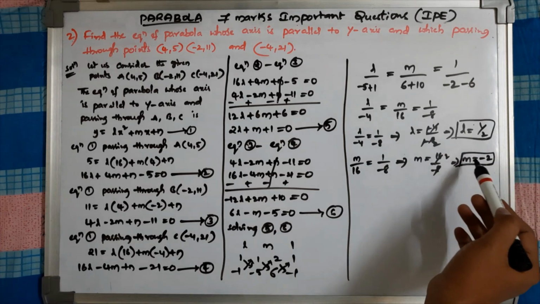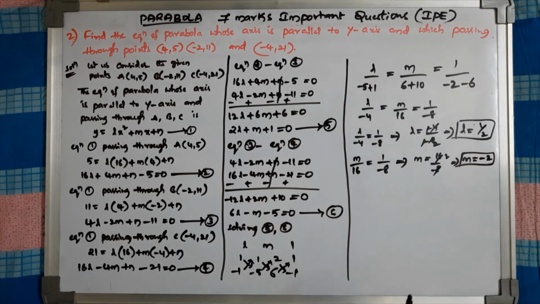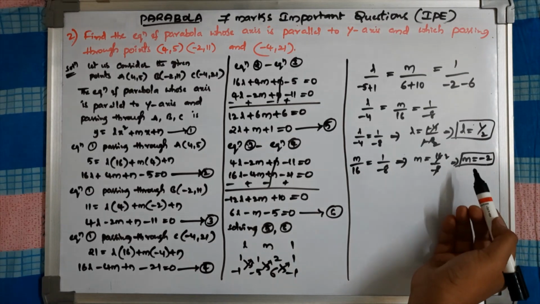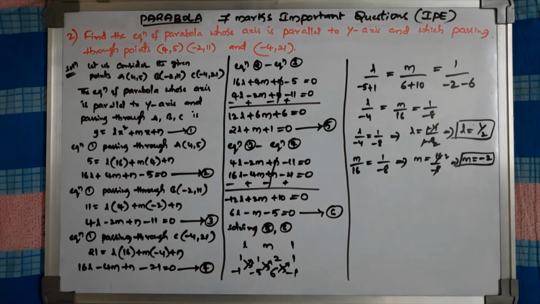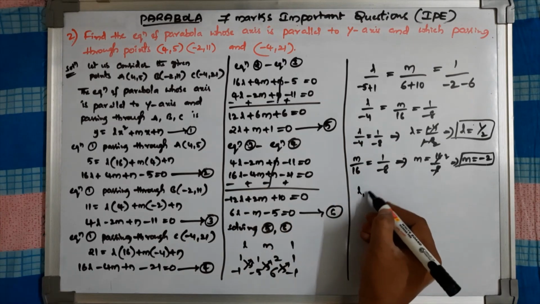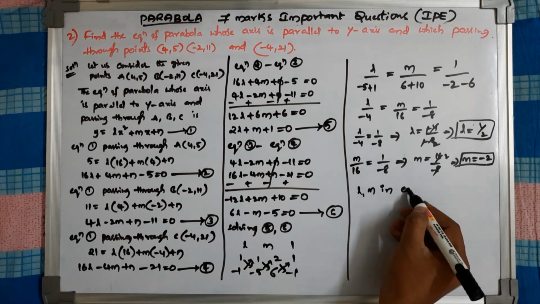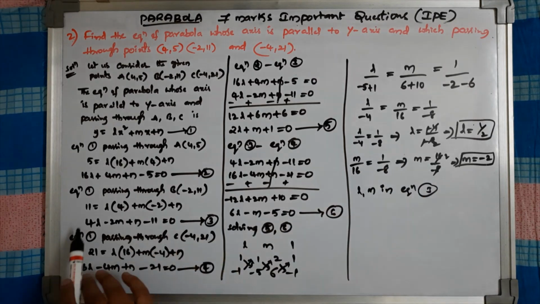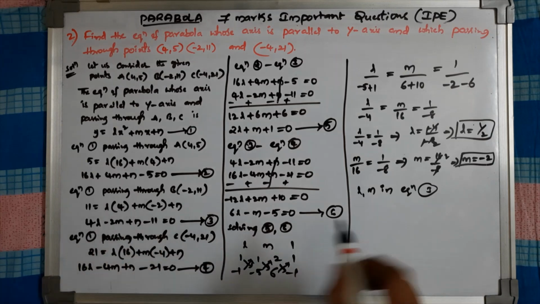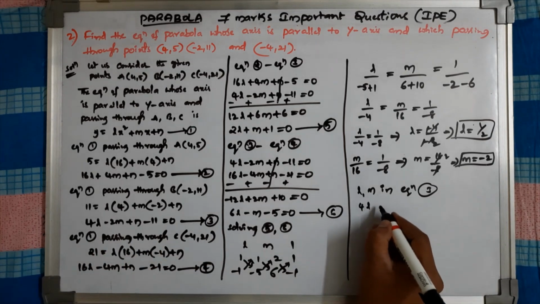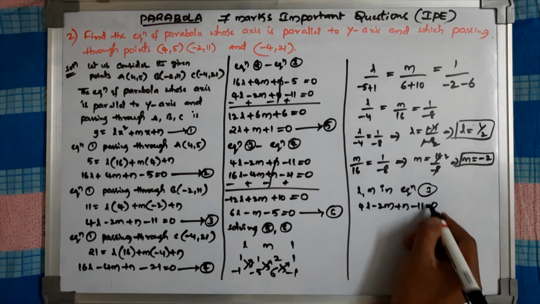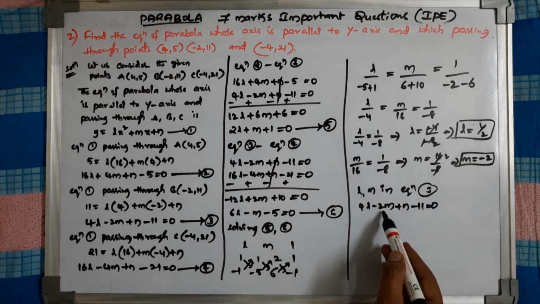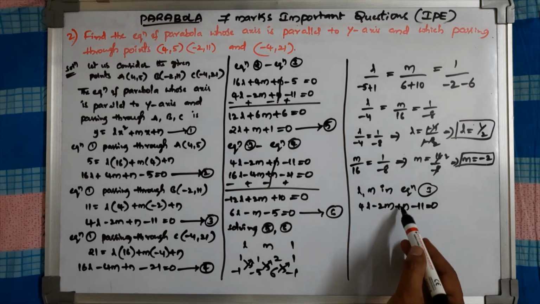As you get L and M values, we have to find out the value of N also. So to find the value of N, you are going to substitute L and M values in any of these three equations, that is 2, 3, 4. I am substituting the values of L and M in equation number 3. As you can see, the term is very easy one, right? 4L minus 2M plus N minus 11 is equals to 0. Substitute the values of L and M in the equation, you get N value.